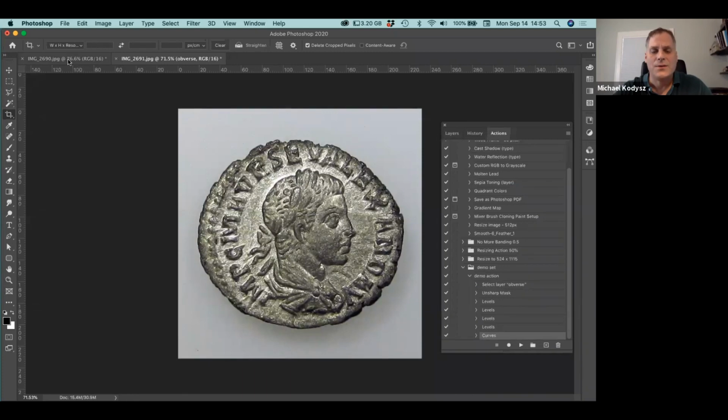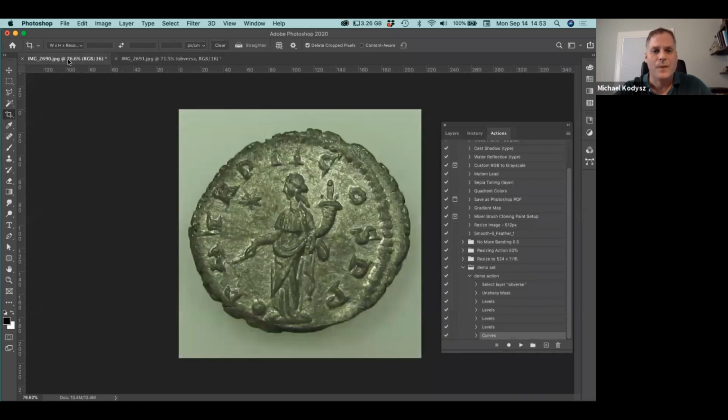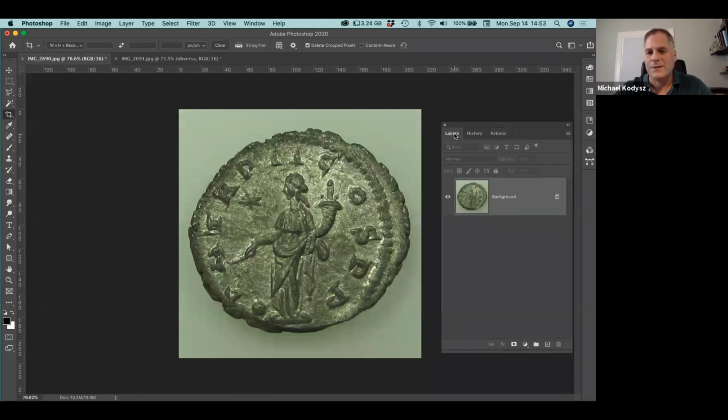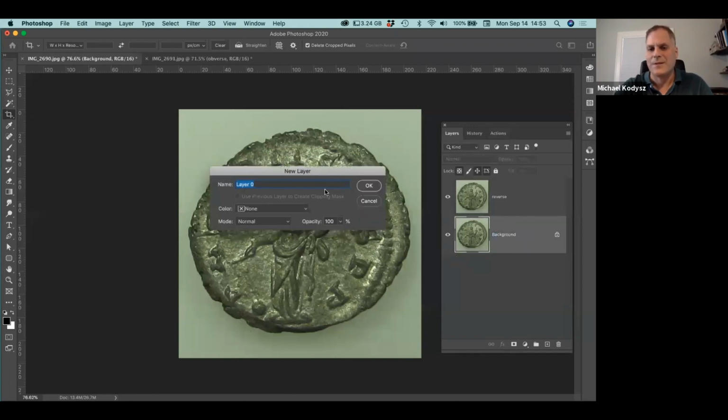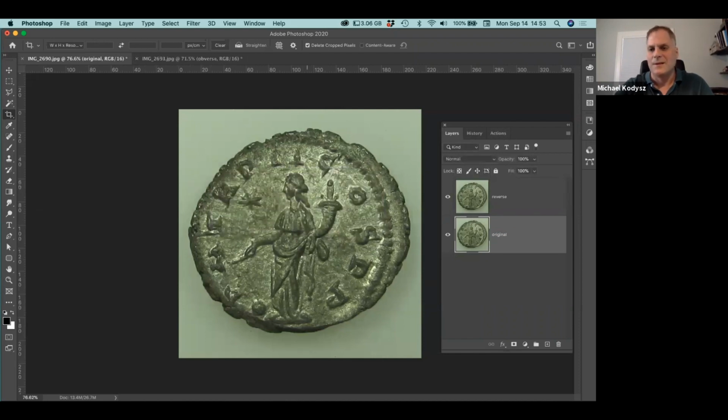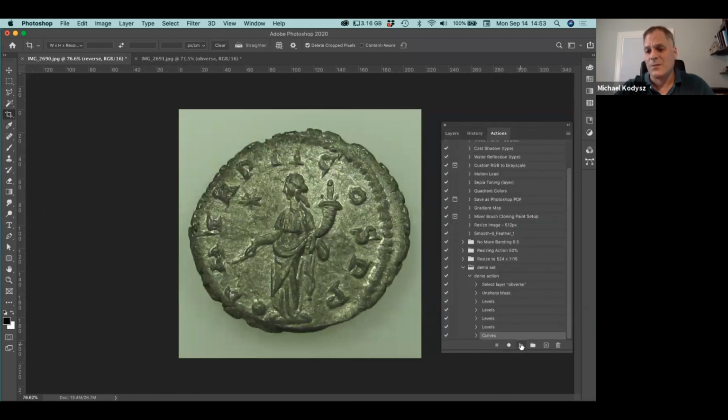If I go over to my reverse image, let me do something first. Let's make a new layer first of all. Before I apply that action, I'm going to go ahead and make a layer, and I'll call it reverse. So I'm setting this file up the same way I did the other one. This is original. All right, selecting the reverse layer, go back to actions, choose play,